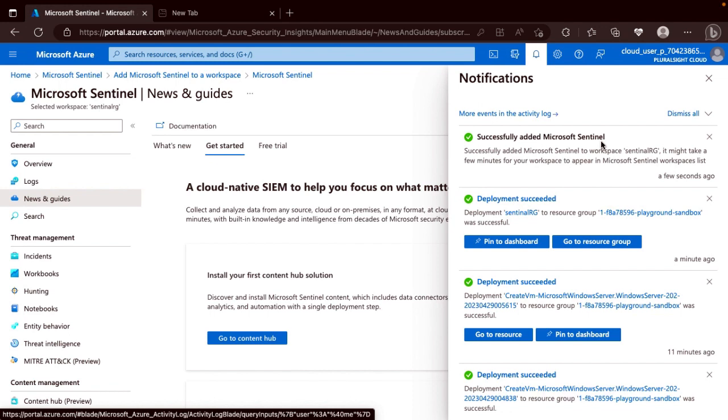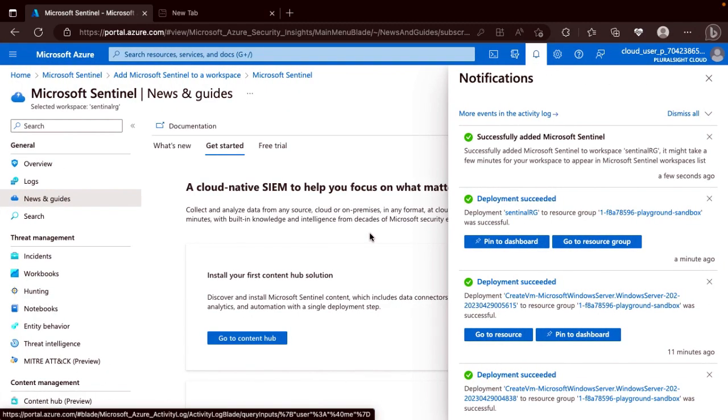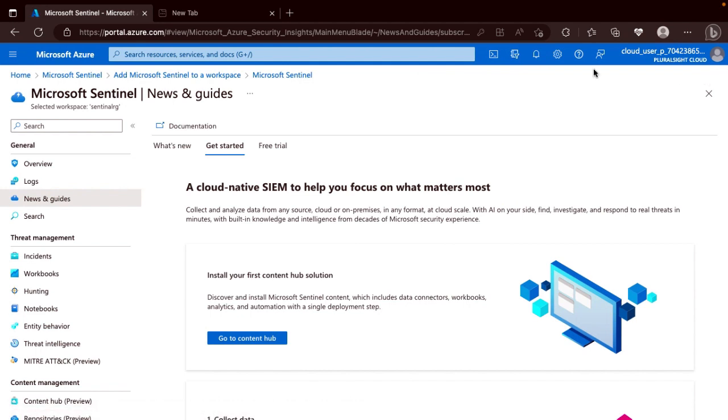We need to add our on-premises computer to this Microsoft Sentinel. This is another step. So we will install the data connector. What do we need? We need the data connector. We have the Microsoft agent. I will show you how we can get this software. So we will go to our